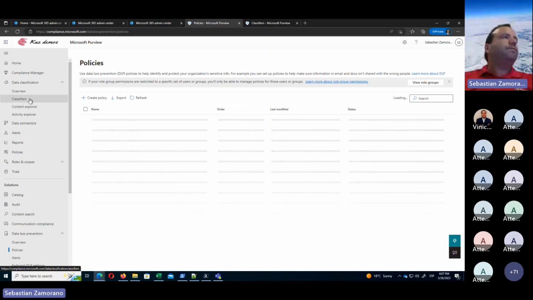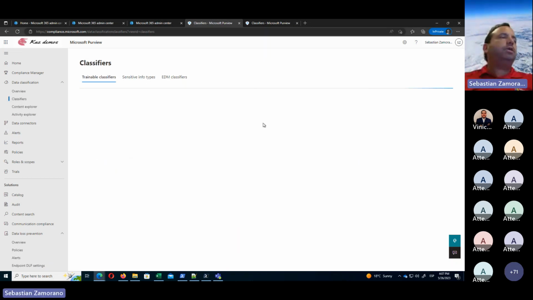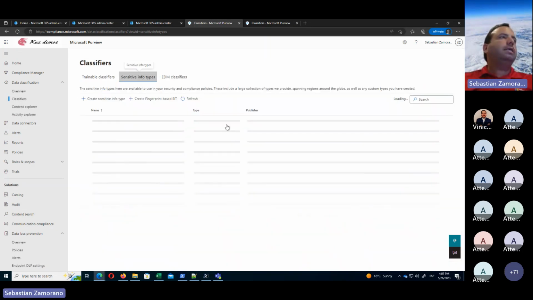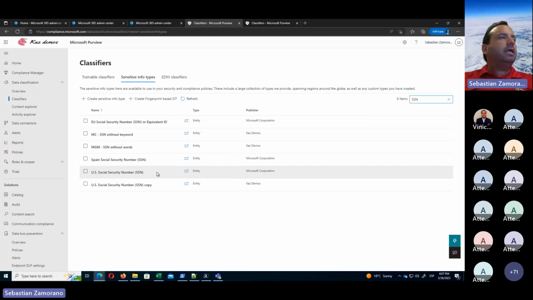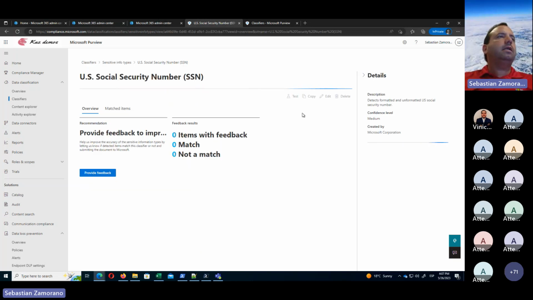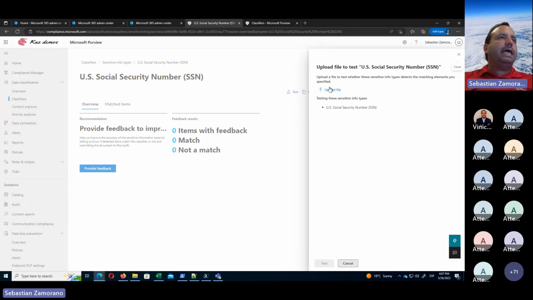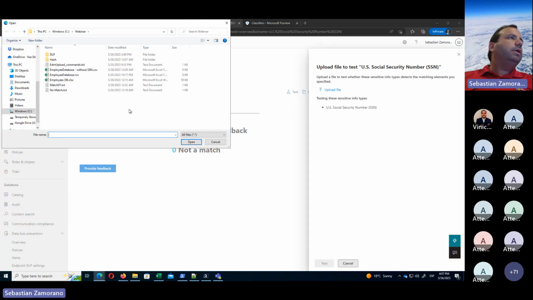As I mentioned, we need to understand the sensitive information types very well. If I look for the Microsoft SSN, this is the Microsoft SSN, I have the option to test. And if I test, uploading my database,